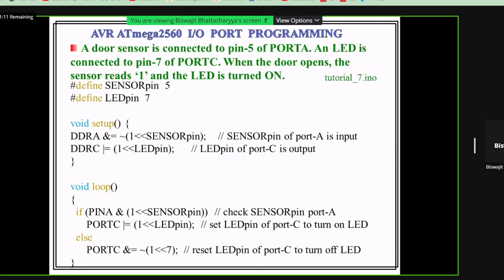So that is that. Ultimately it reads the D5 pin and turns the LED connected to the D7 pin on or off. So the program is very simple. The only thing is the application. You have to connect the sensors properly, attach them to the door properly, and make the circuit properly. It is a simple circuit, but you have to make it and ultimately write a program. You should not leave any pin open, otherwise by default you may read a logic 1, as I told you earlier, when a pin is left open or floating.